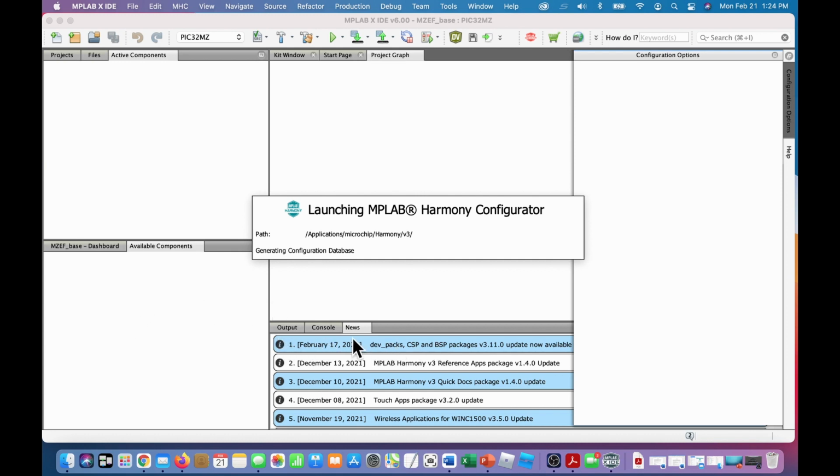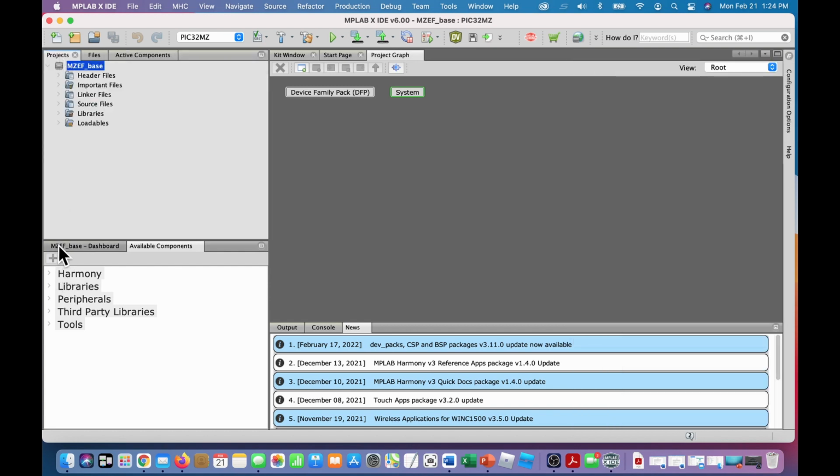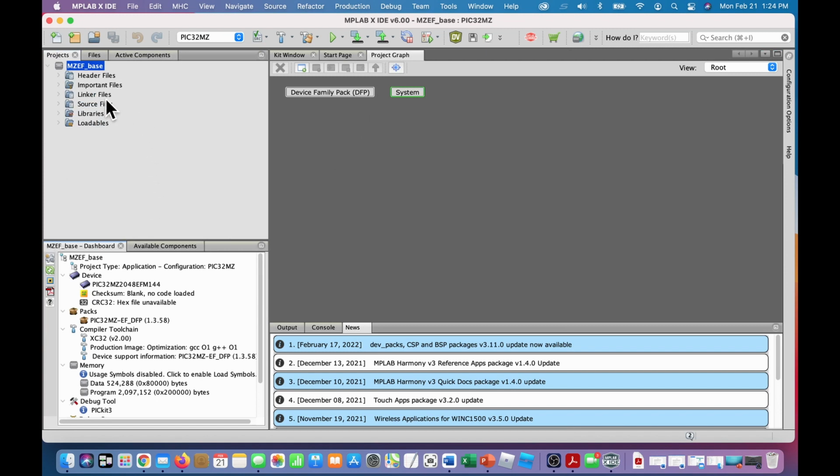Notice there's the notice of the update that we just downloaded. So it's cranking through whatever it has to do. There we go. So we've loaded two components in our project graph here. We go over here to the Projects tab and the dashboard down here, and it'll show you this is like the Harmony version 2